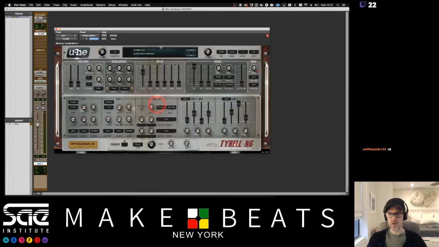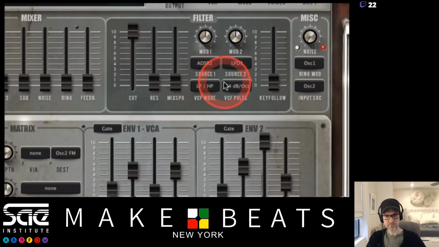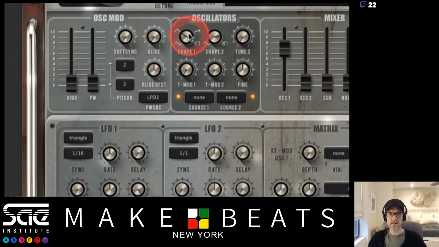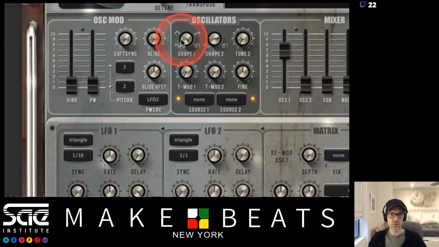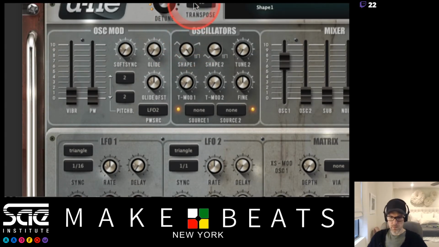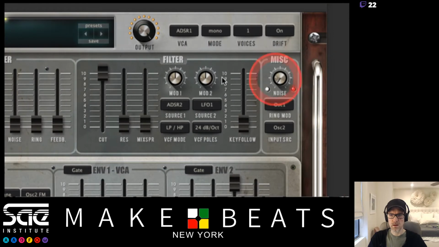So if I go over here and look at this filter, let's see here. We have high pass, low pass, and there's our poles right here. And then here's our cutoff. So if I go over here, let's get a bright sound going on. So I'm going to get my square wave. There's my square wave there. And if we go ahead and use our cutoff frequency,